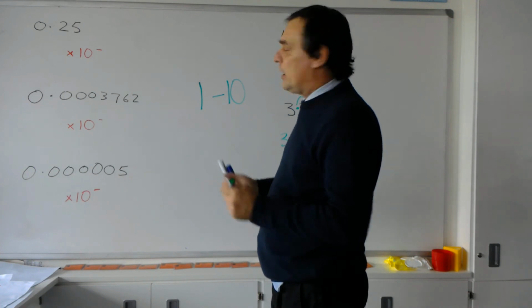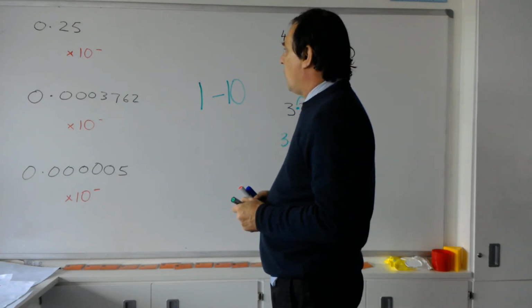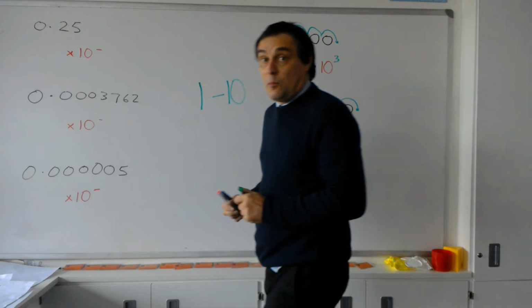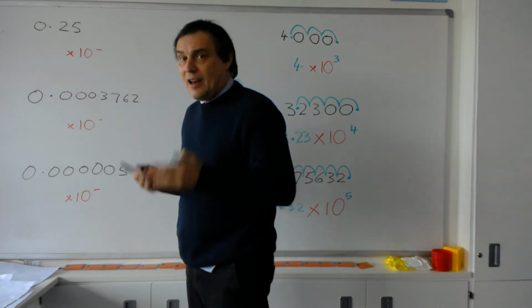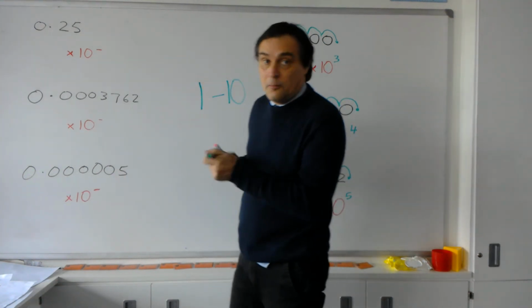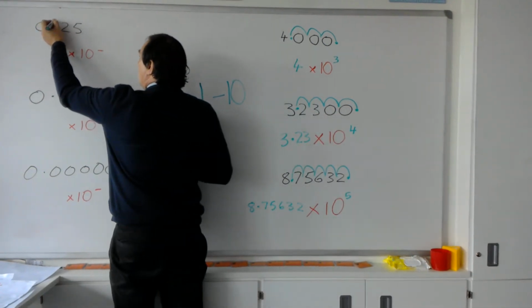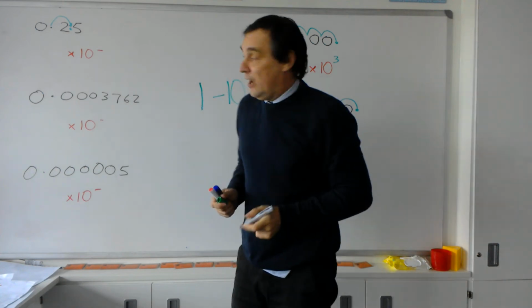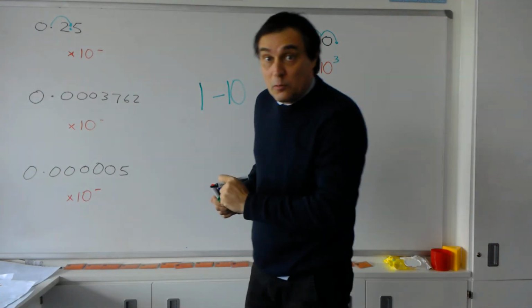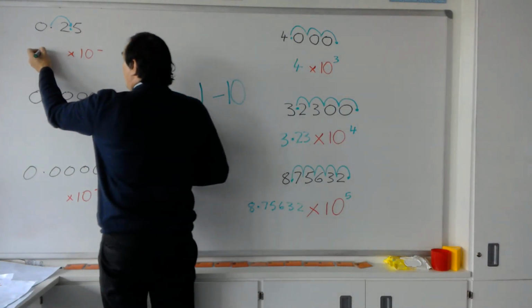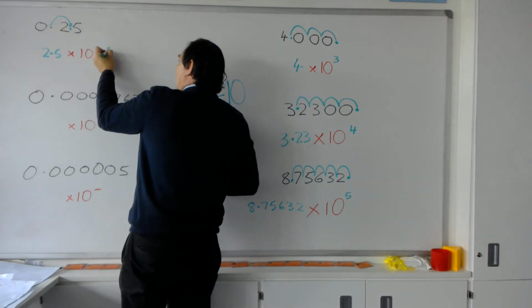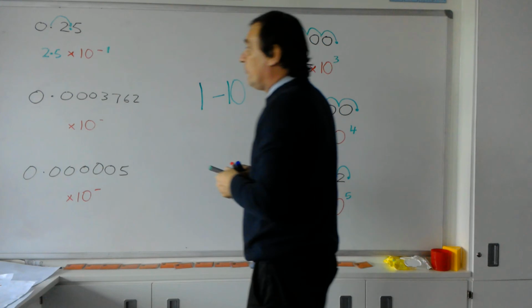So first of all, we've got the number 0.25. Same thing applies. We must have our number between 1 and 10. So 0.25 isn't between 1 and 10. So we've got to move that decimal point. If we move it once, we now get the number 2.5. That fits. That is between 1 and 10. So we can write 2.5, and we've moved it once, and so the standard form will be 2.5 times 10